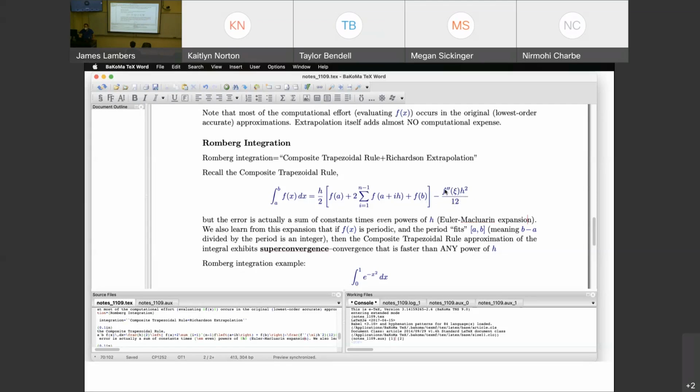Because if this was all you knew about the error, then fine. You could use Richardson extrapolation to cancel out the leading error term, since you know it's order h squared. And then whatever term is next in the error, that becomes the leading error term. How do you know what that is? H cubed, h to a fourth, h to some upper power? You don't know. But at least with composite trapezoidal rule, that has been investigated, so in that case, we do